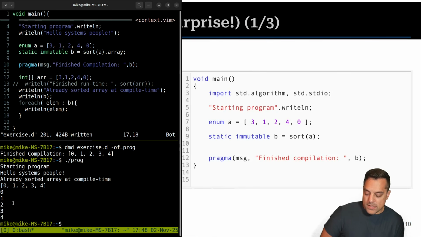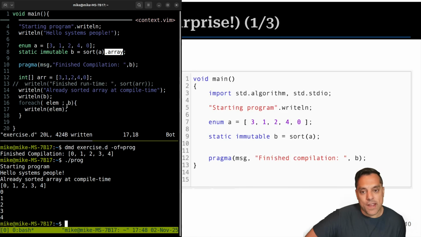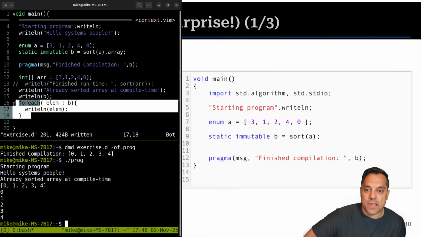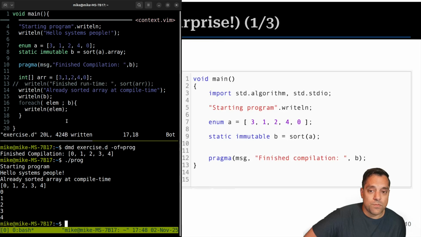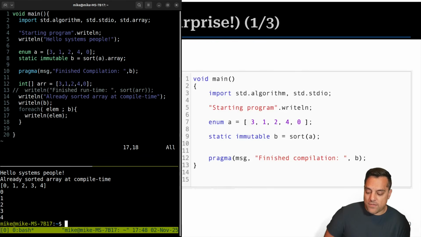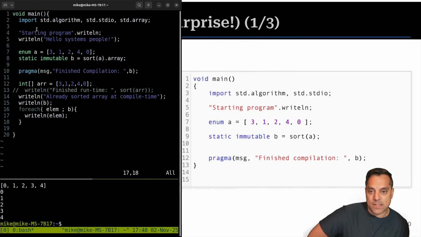Compile it, run it, and again, you can see the little for each loop here. And a range is something like, it has a beginning and an end, so to speak, so we can iterate through it. So that's why you were seeing the weird type here previously, but I just converted it to an array, so you don't really have to worry about that. Arrays are ranges, whole thing, we can get into that. But anyways, a nice little intro to the language. We have for each loops, we have regular for loops, and a lot of the other stuff that you're used to, but hopefully this gives you a feel of the language and some compile time stuff.